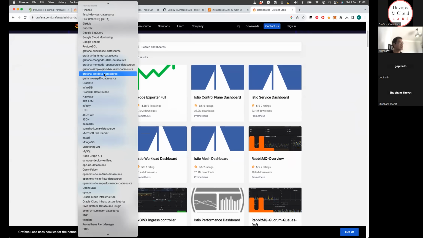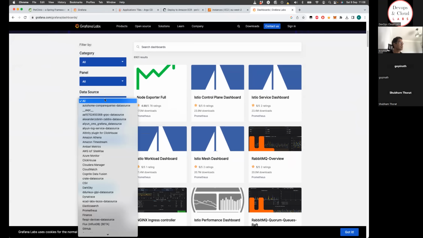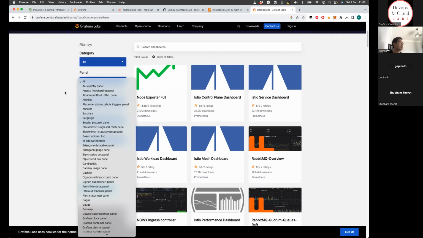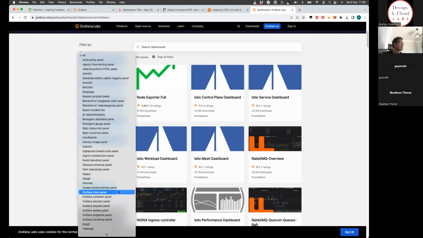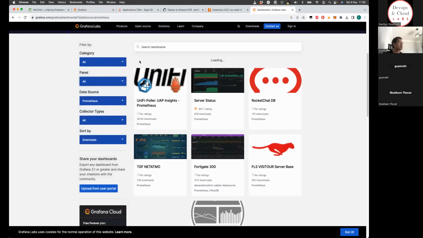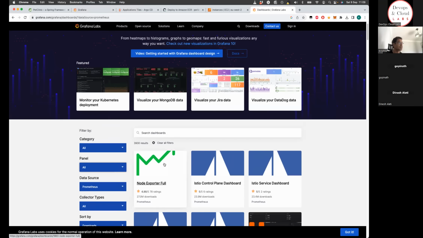So if I look for Prometheus, okay, so this is data source. Yeah, if I do Prometheus here and collector type, then this should be okay. Yeah, Grafana. So Grafana again has got several different ways of monitoring it. But if I just put this back to all, so what it will do is, for example, if I'm picking up this particular dashboard,